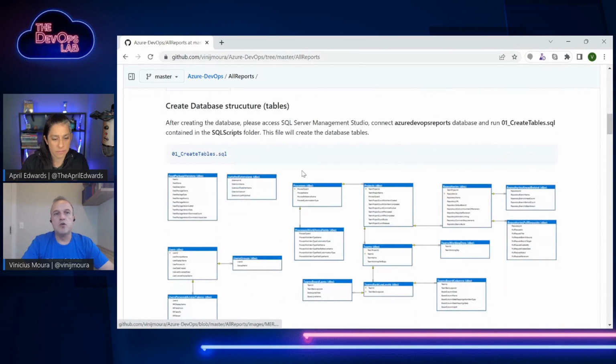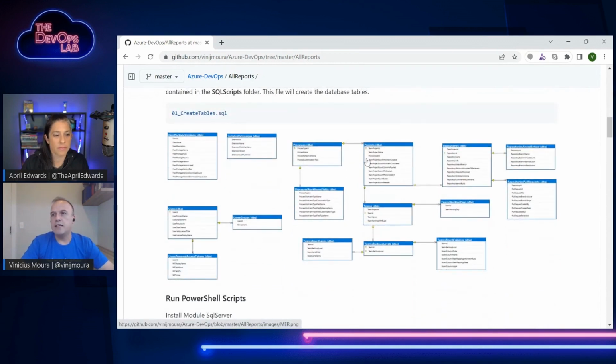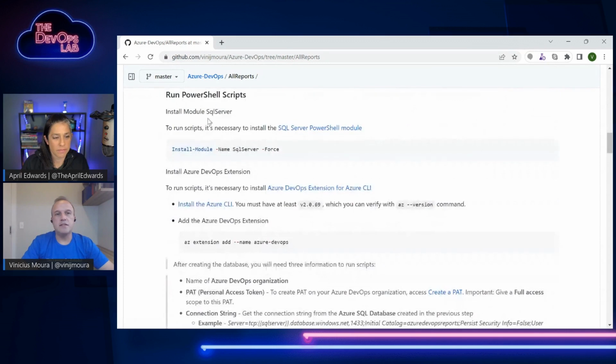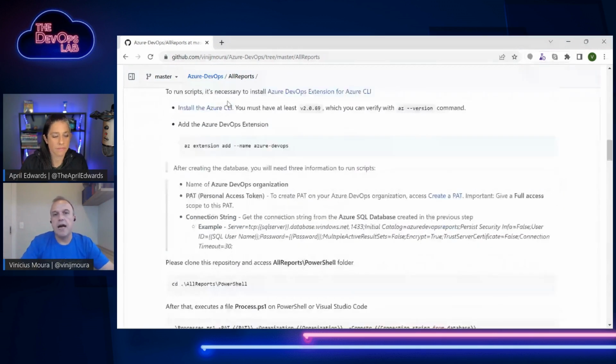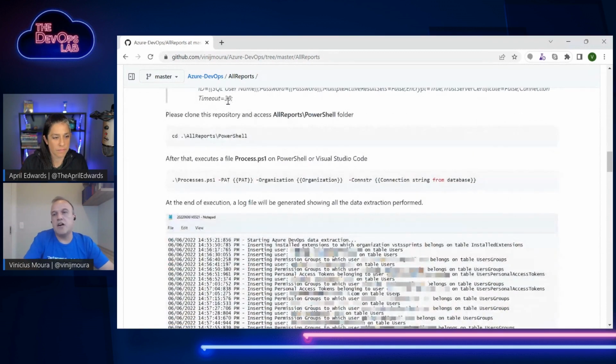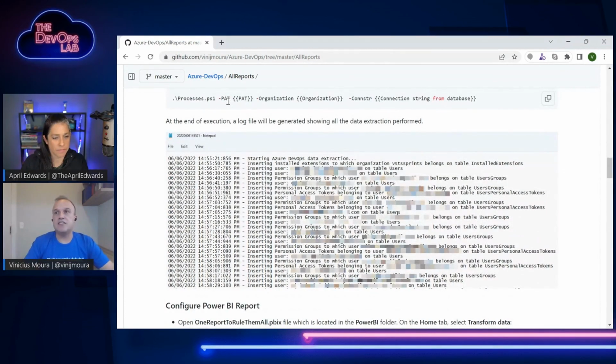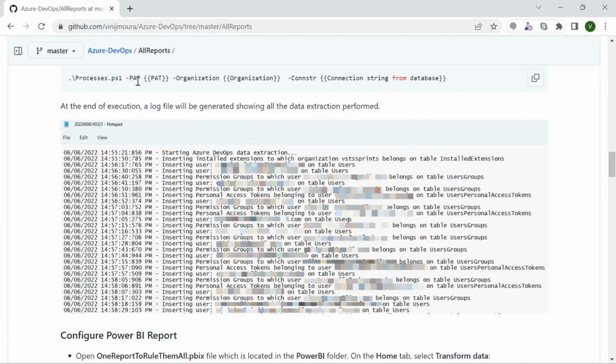Create database, run script to create an entity relationship, run PowerShell, and this PowerShell will consume all REST APIs to populate these tables. And of course, after that, you connect Power BI. Important, you need a personal access token here to connect Azure DevOps. And the instruction generates an automatic log to exemplify how much data you insert on different tables here.